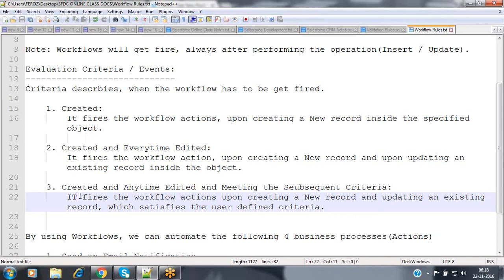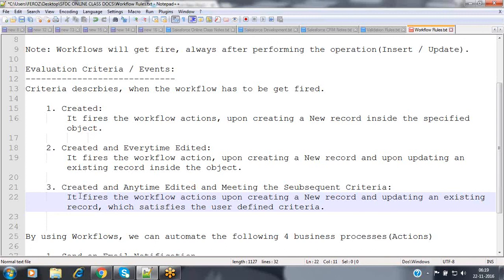So, coming to the second case, created and every time it is edited, it won't verify any condition here. Whenever the user deposits or withdraws some amount, the notification is automatically sent. Suppose inside my bank application, upon configuring the SMS alert, I have specified that please notify me whenever I perform a withdrawal or deposit of more than 2,000 rupees. In the remaining cases, don't send the notifications. If I withdraw 500 or 1,000 rupees, don't send the notification. If the transaction is more than 2,000 rupees, then send the notification.